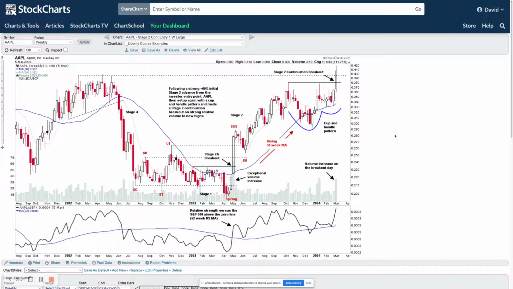It's Sunday the 7th of August 2022 and I'm going to start with a little bit of an educational piece tonight, as there's a lot of new interest in Stan Weinstein's method at the moment, so I thought it would be a good idea to have a look at the early stage 2 entry point, just to give an idea from